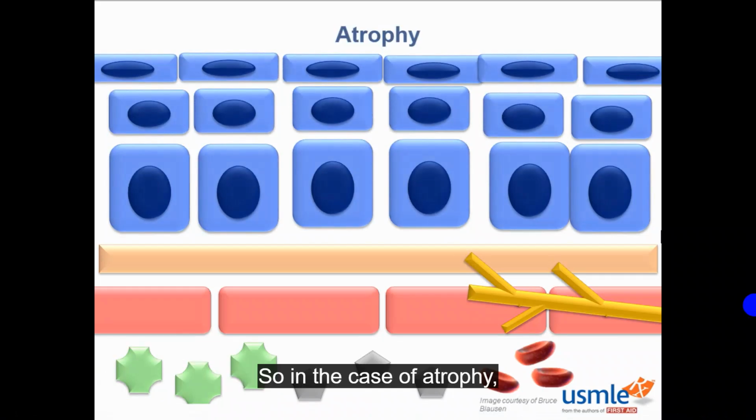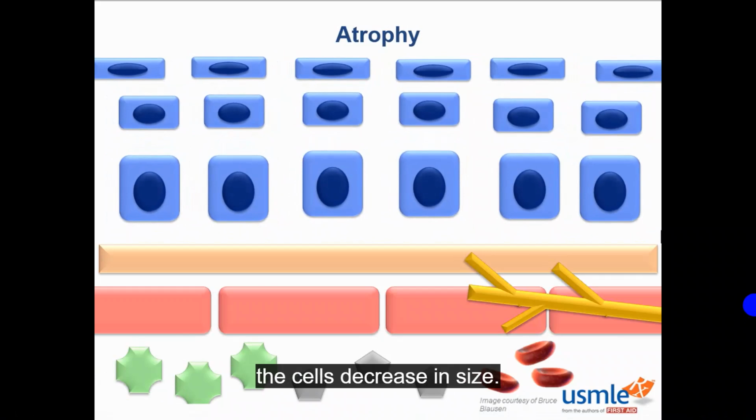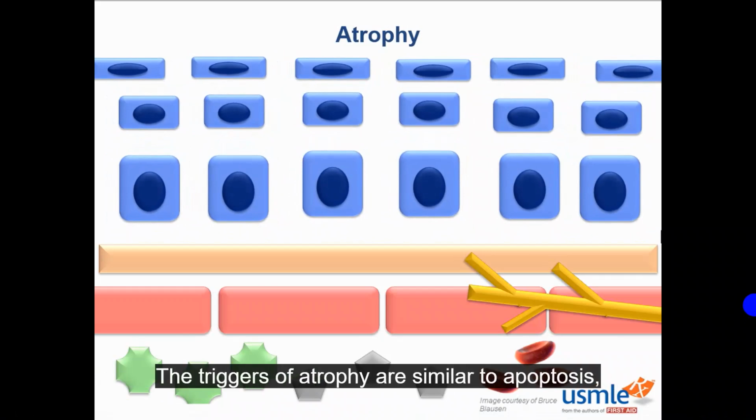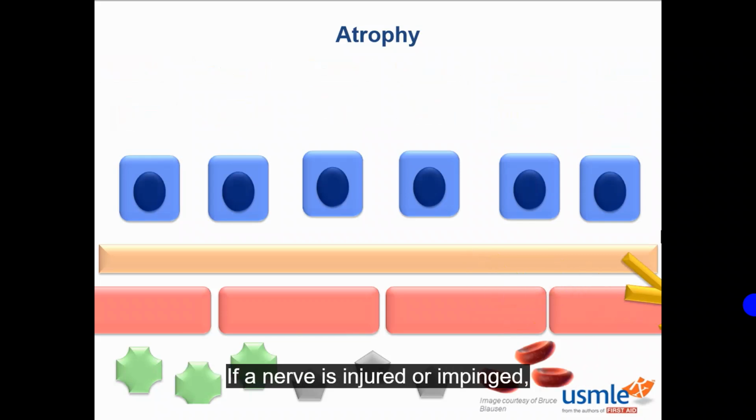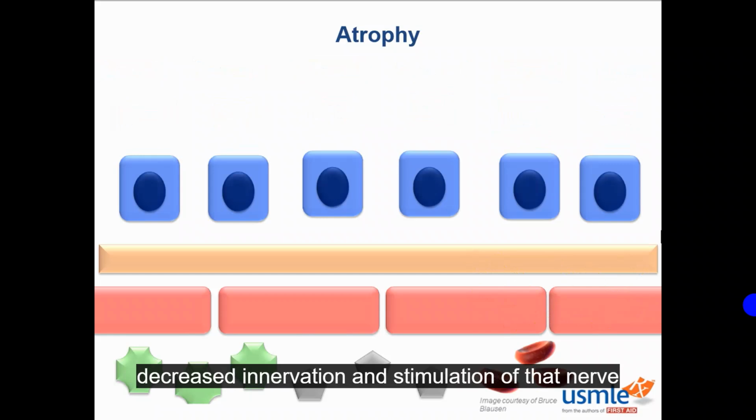So in the case of atrophy, meaning literally without growth or to shrink, the cells decrease in size. You can think of atrophy on a spectrum with apoptosis. The triggers of atrophy are similar to apoptosis, however, they're just not quite as severe. So let's briefly discuss some of these triggers. If a nerve is injured or impinged, decreased innervation and stimulation of the nerve and of the tissue leads to